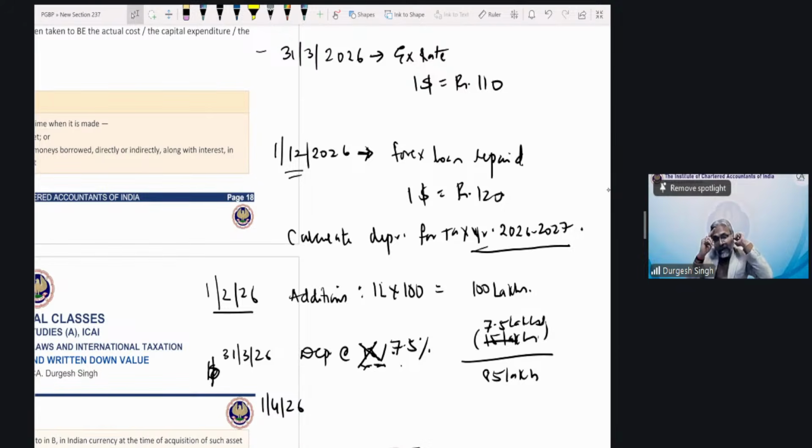For the tax year 25-26. Let's not use the word previous year, tax year 25-26. Okay, it is 7.5 lakhs. So now in that situation, students, what is the scenario over here? Over here, if you see, students, in this context, it is 92.5 lakhs, opening WDV. Now, again, the second question comes. And what is that? Sir, what about this 20 lakhs? I'm coming to this one.